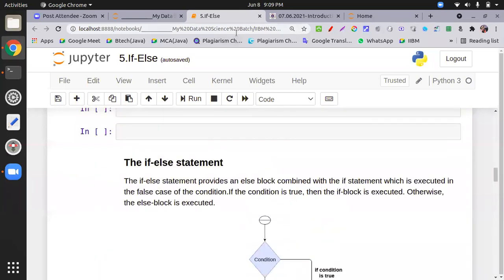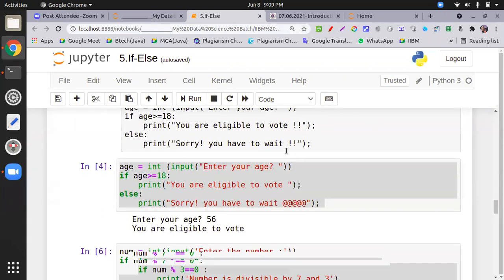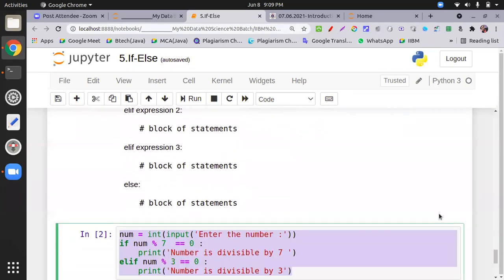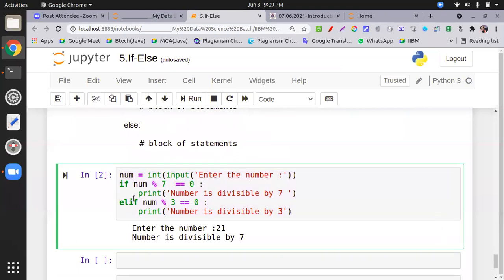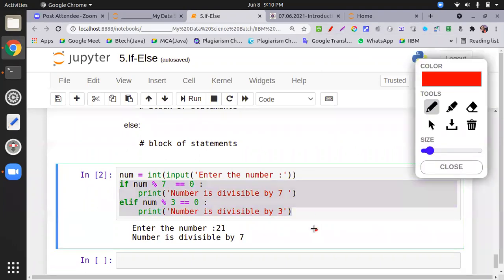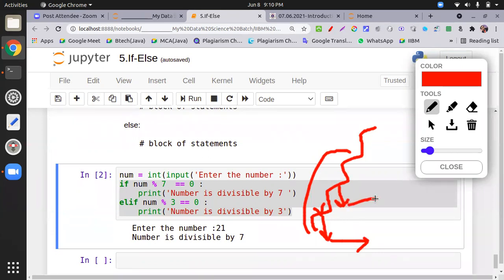Sir, one doubt. This is Akila here. May I? Yes, please. So elif also actually checks the condition, right? But it is under a block. You climb on the stairs. Okay, sir. So you cannot jump to the third condition. You have to pass the first one. If this captures your truthness, this will execute. If this captures the truthness, this will execute. So this is a whole. The stairs is a block. You cannot jump directly to the third or fourth or fifth. You have to pass in a sequence.